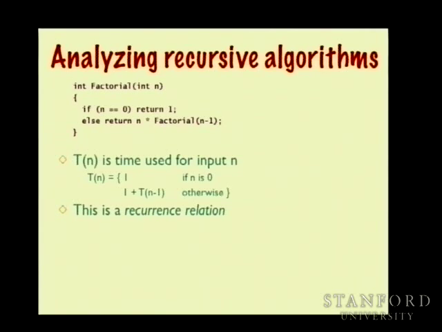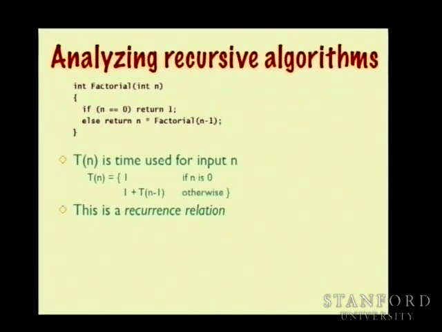Well, what do we do when we have a recursive algorithm, where we're trying to compute the time spent in solving something that, in effect, is making a call to the same algorithm, and so we're going to likely have some recursive definition we need to work through. So this is the factorial function. If n equals 0, return 1, otherwise return n times the factorial of n minus 1. We're interested in doing the statement counts, or summarizing the time for an input